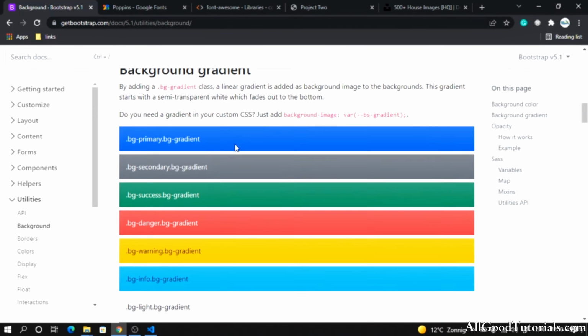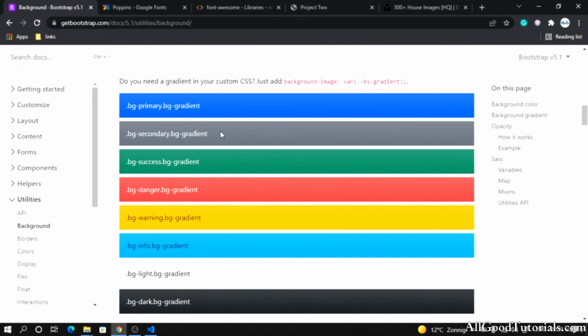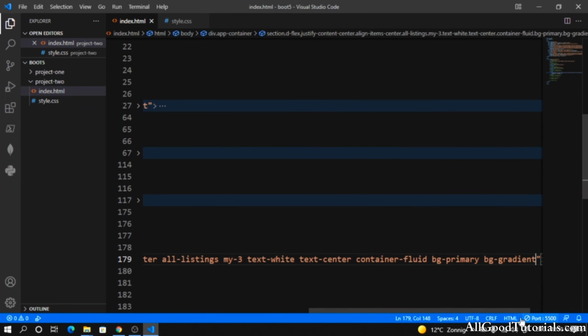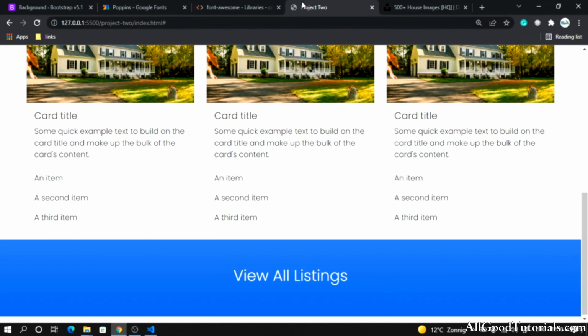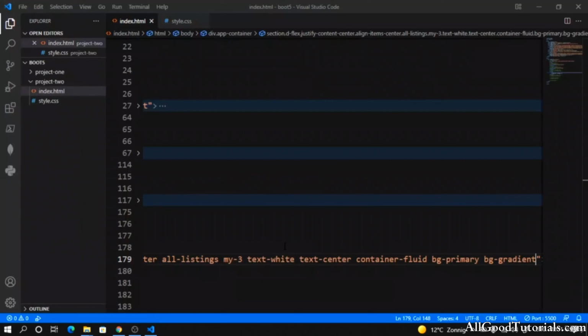So let's say if I wanted to apply bg with some gradient, I can say bg-primary bg-gradient. If I just type here bg-primary bg-gradient, then it is going to apply a little bit of gradient fill for us. So here it looks a little nicer now. So this is how we can use the whole Bootstrap